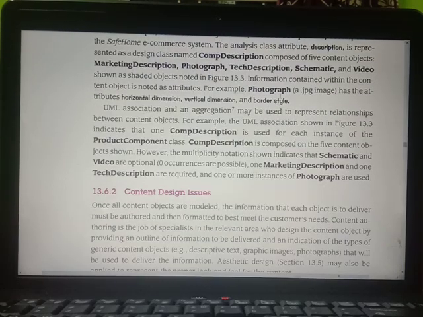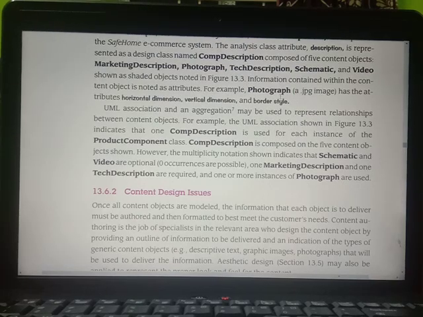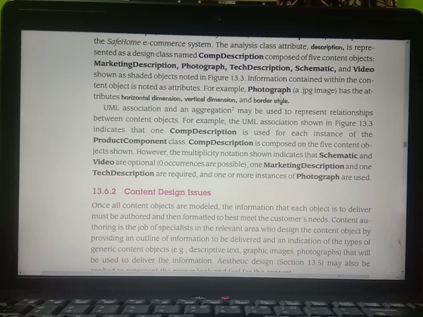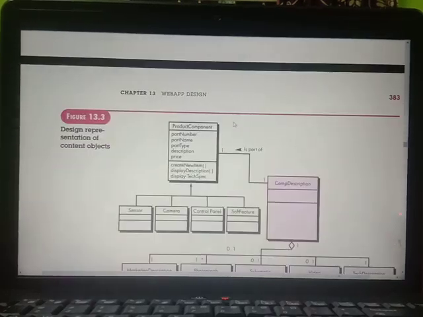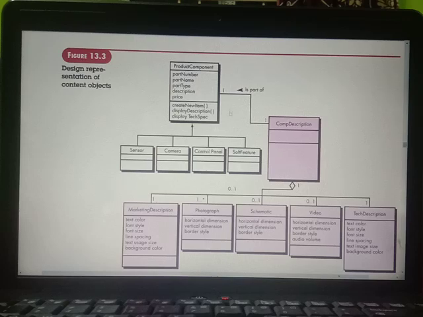The first one is marketing description, photograph, technical description, schematic view and video. Those are the shaded objects noted in figure 13.3. We are going to have the design class called product component, and for that we are going to have the component description.